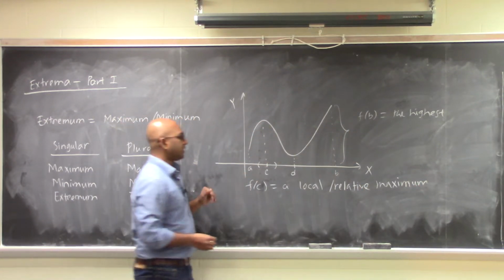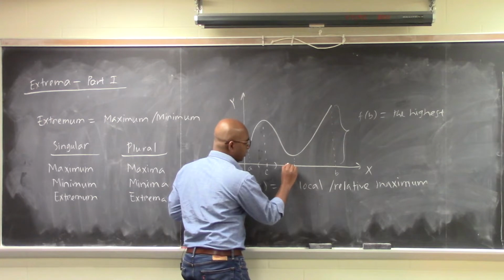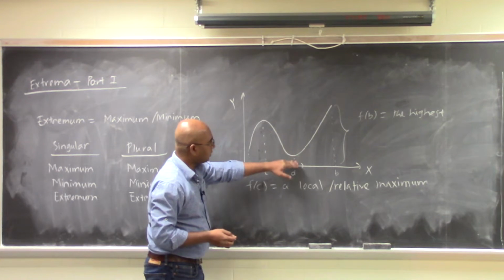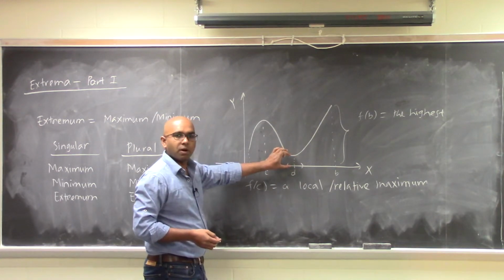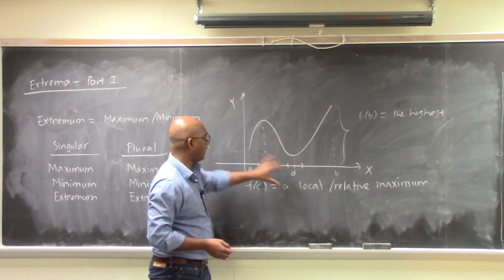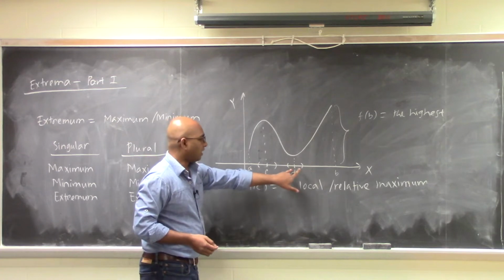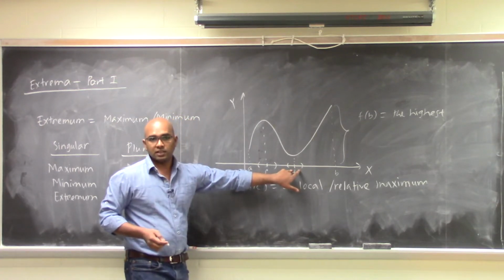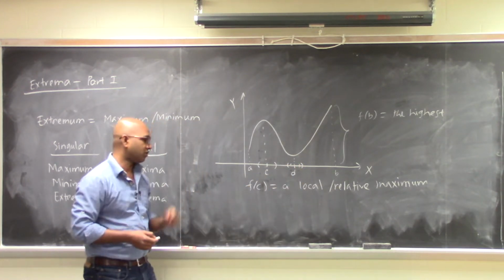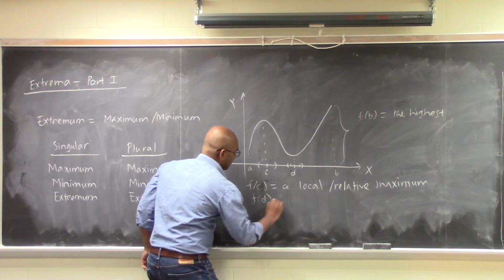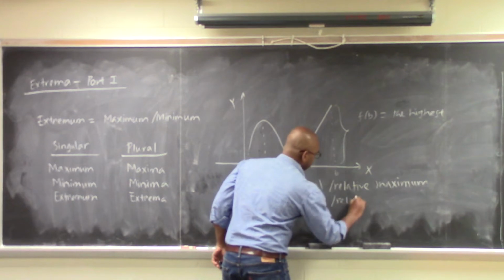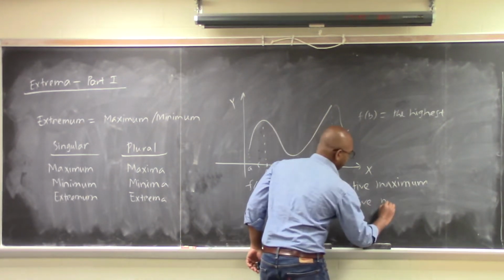And similarly, let's think about this point D. If you zoom in there, let's take a small interval containing D, and then if you look at all the values, you will see f of D is the smallest among them, right? It may not be the smallest in the whole domain, but it is the smallest if you just focus on that particular interval. Okay, you can actually narrow this interval, doesn't matter, but still it's going to be the smallest, right? So f of D, we call this a local or relative minimum